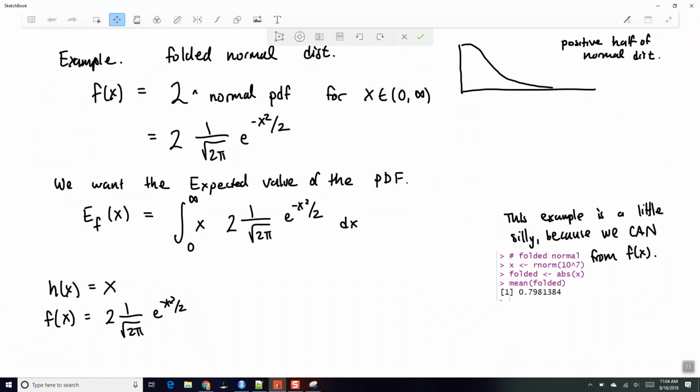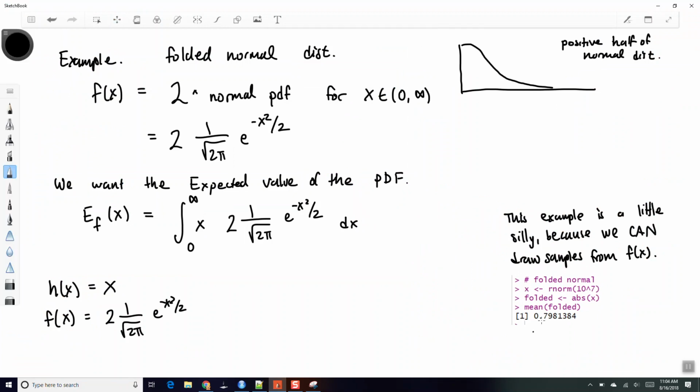Okay. But we will pretend that we are not able to sample from f of x directly. Okay? We will pretend that we can't, just so we can apply importance sampling. Okay? So we pretend